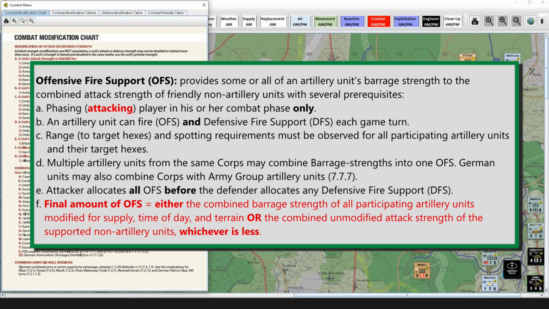Next, the attacker allocates all of his or her offensive fire support before the defender allocates any defensive fire support. And this is really important. The final amount of offensive fire support, which is the points of attack strength, which you can combine with the non-artillery units, is either the combined barrage strength of all participating artillery units modified for supply, time of day, and terrain, or the combined unmodified attack strength of the supported non-artillery units, whichever is less, and whichever is less is